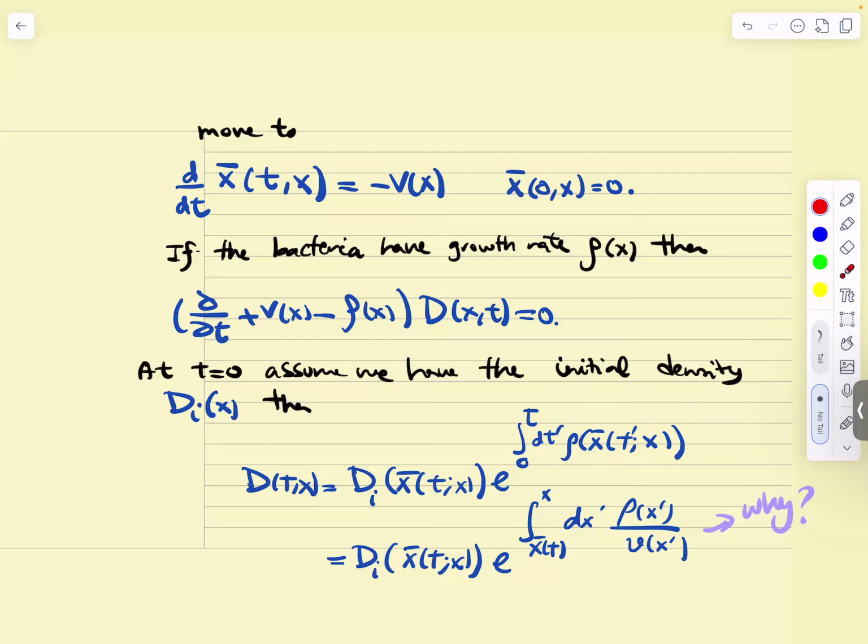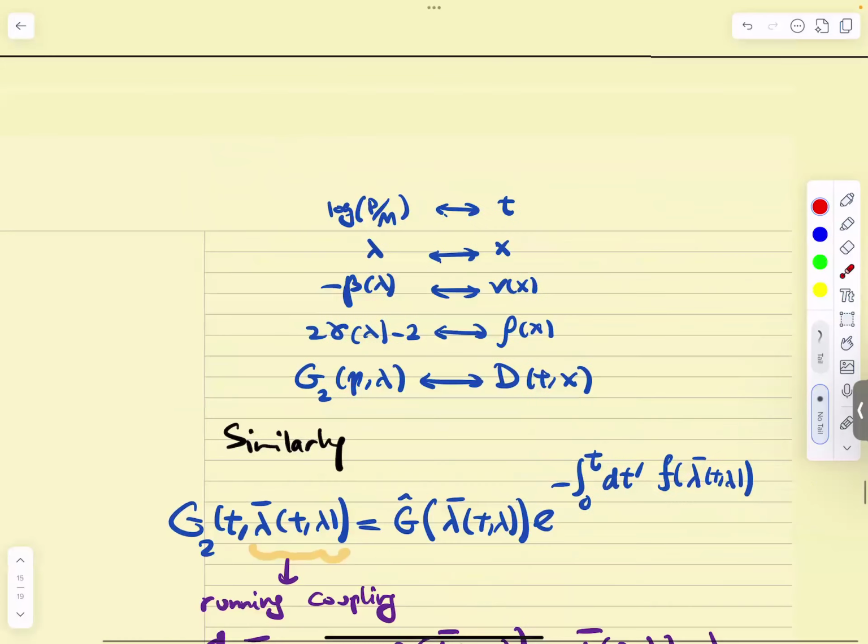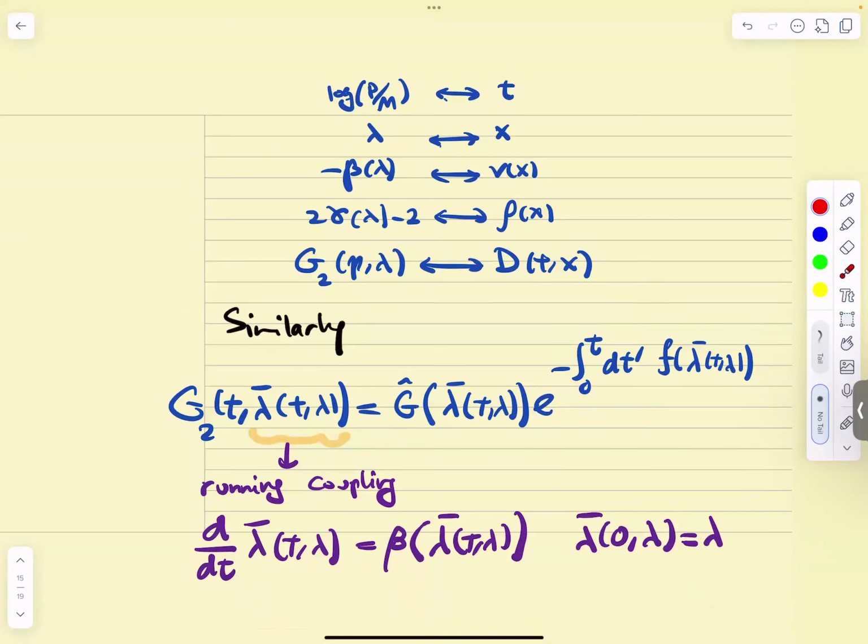So in summary, you could write it this way as well, and I want you to think about why. But in summary, here's the analogy. T is log of Q over M. Lambda is X. Beta is the minus beta's velocity. The anomalous dimension, 2 times anomalous dimension minus 1 is the,